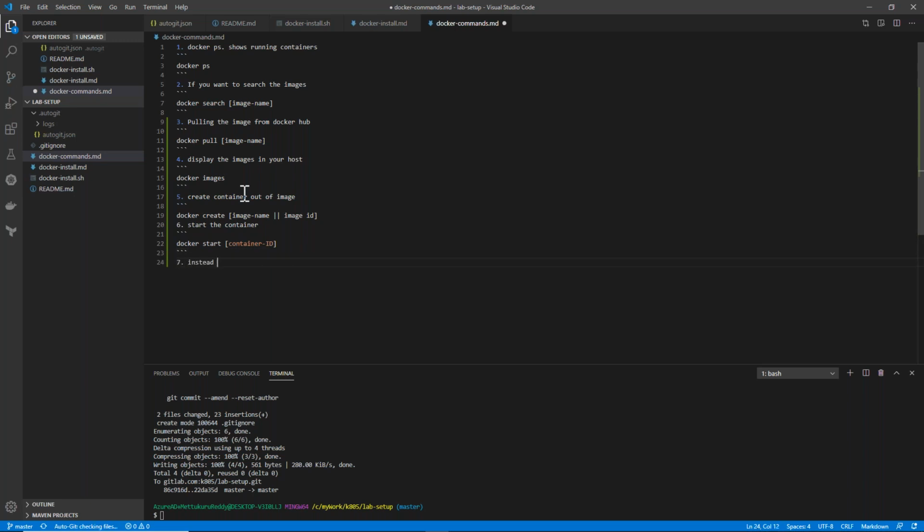So instead of all the above commands, you can run Docker run, image name.